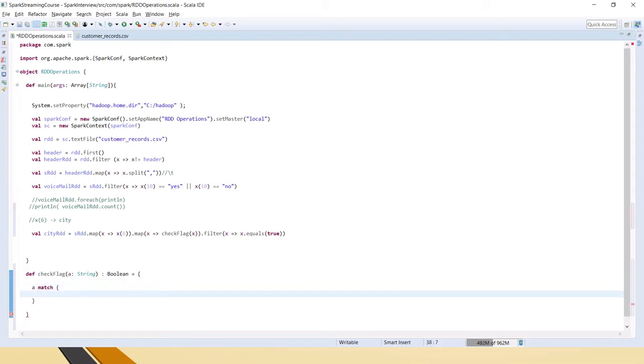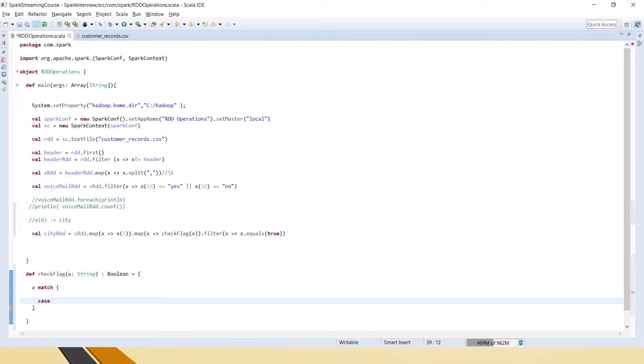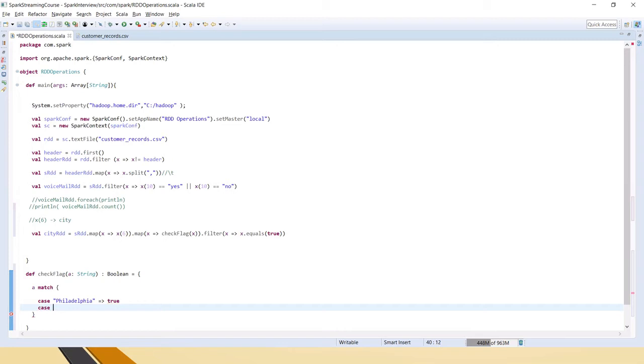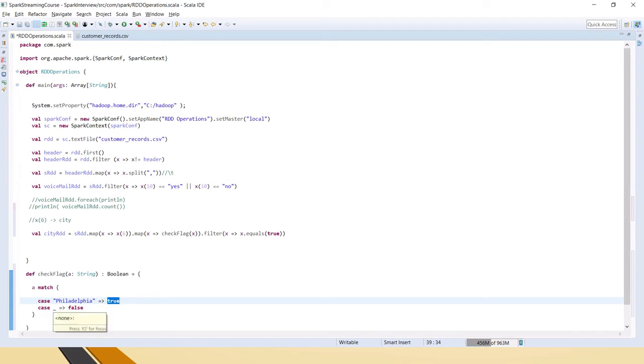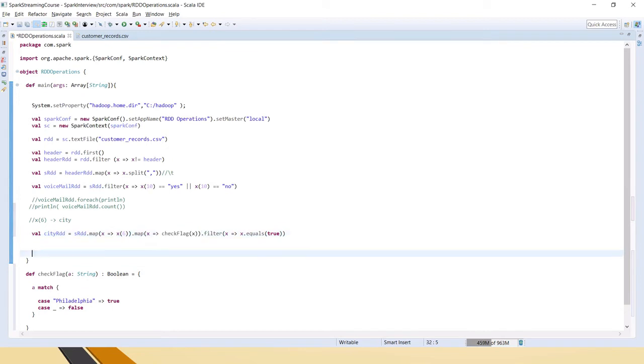We write a case: if it's Philadelphia, then return true. Otherwise, with the placeholder, return false. So if the input is Philadelphia, return true, and for the rest of the things return false.